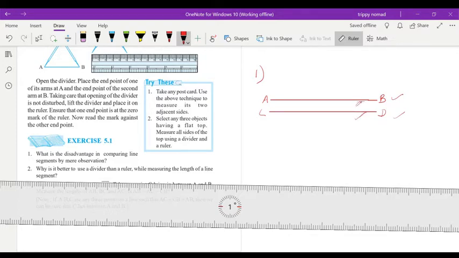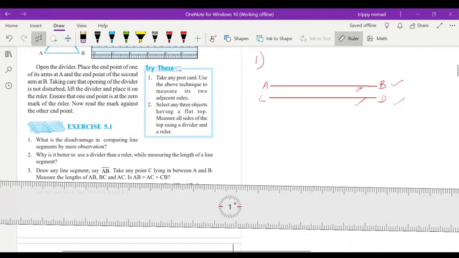I think by mere observation, that means by only observation, you can't judge the proper length of any one. Which one is smaller and which one is longer, this is not comfortable. So by mere observation, it is not possible to judge which one is longer and which one is shorter. So what is required? A scale or a ruler is required to measure their length. This will be your answer. Understood, children? So you have to write this answer.